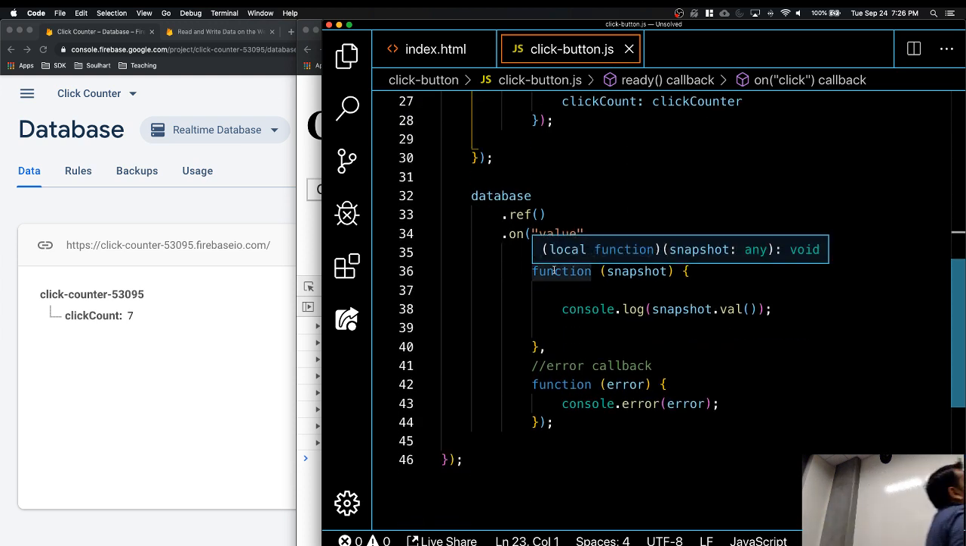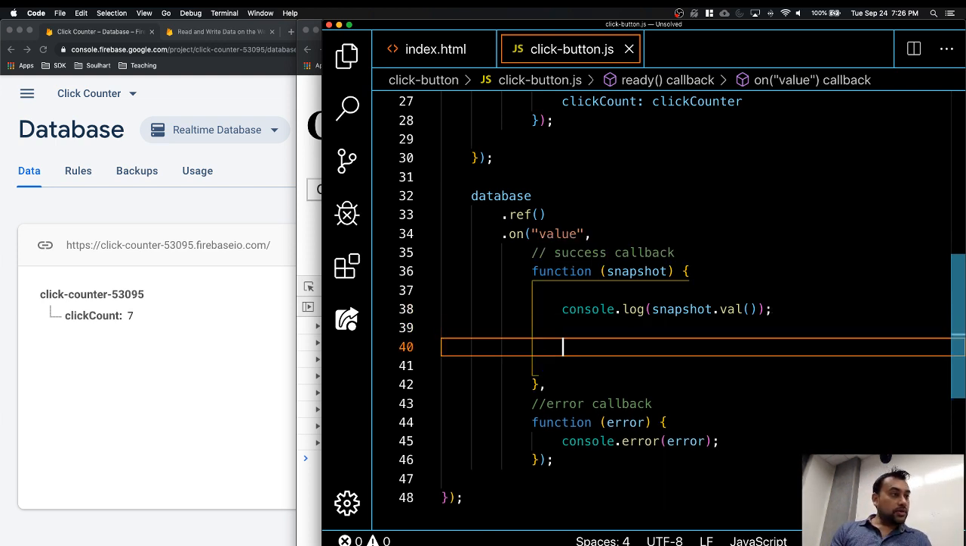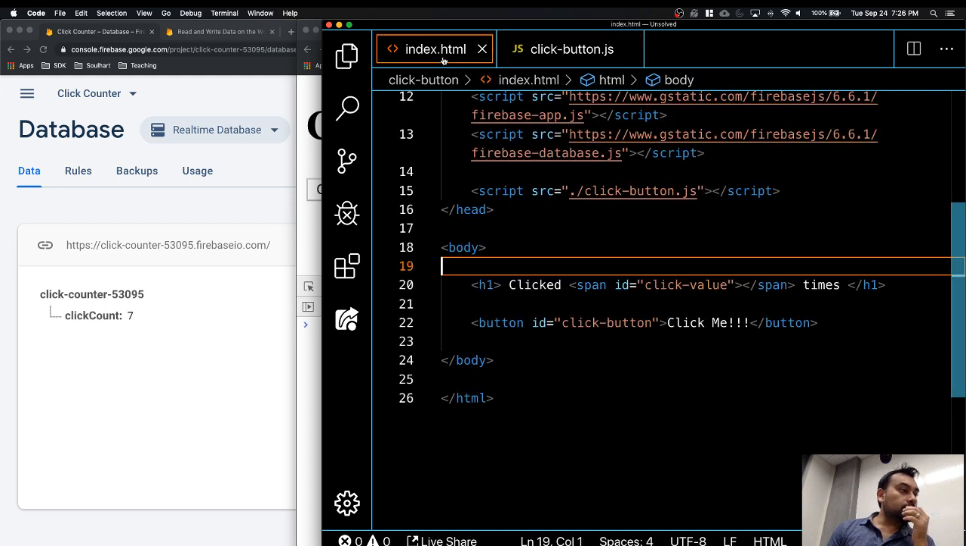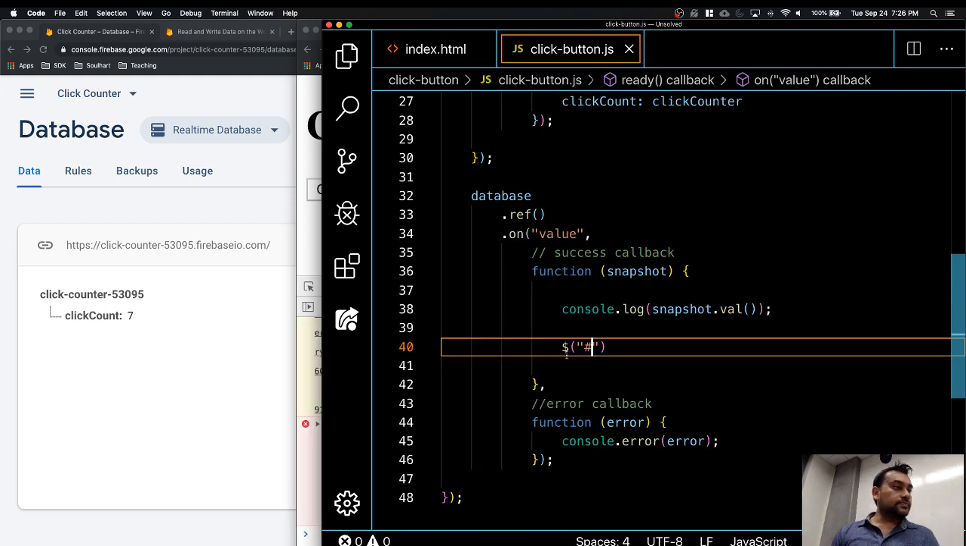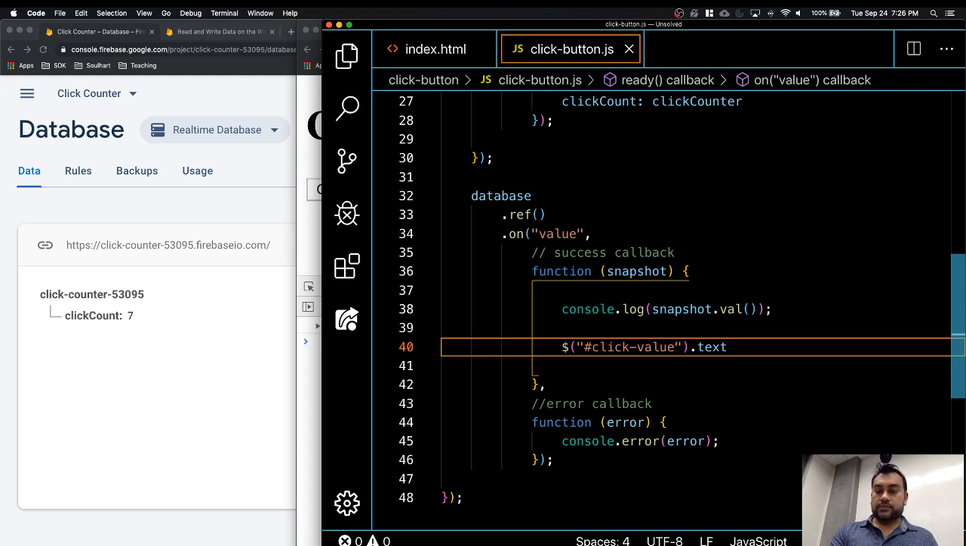Okay, now since I have the value, what do I have to do? I have to parse it, take the click count out of it, and just show it in my span tag, and that should show the value. So for example, dollar, what was the ID? What did I call it? Click value. So on my click value, I want to show the text, and